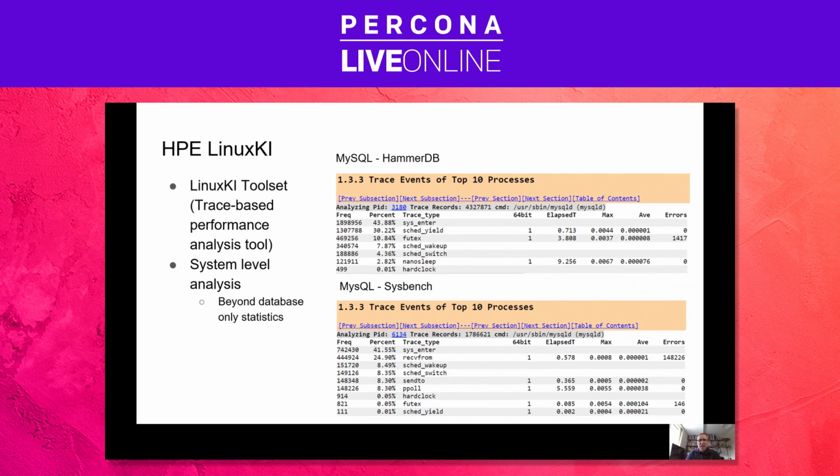Another external tool I'd recommend is called Linux KI from HP. And this example comes from what we saw earlier. So when we said that Sysbench runs 20% of the time within the round trip, we can see here using Linux KI that it makes it clear. We can see on the HammerDB side we're doing a lot more locking on the system side, whereas within the top events on the Sysbench side, we're seeing a lot of receive from and send to on the socket